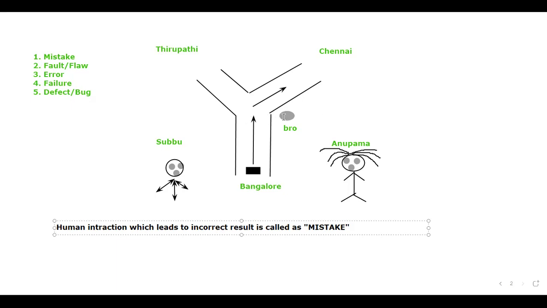Now tell me where the mistake occurred. Where this bro is standing, because of the bro's mistake it happened. Right in the junction, this is the exact place where the mistake occurred. For that, what will they call it? I can just write like this: the place where the mistake occurred is called as